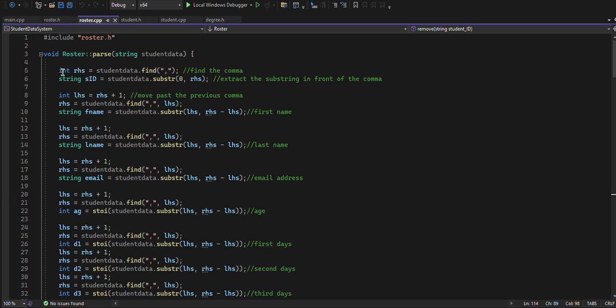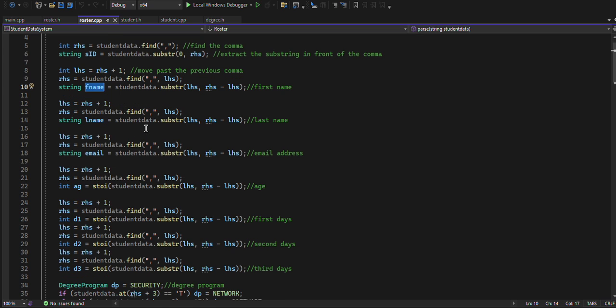So I just defined a right-hand side for the index of where the portion is before this first comma, and then left-hand side starting from the portion right after that comma is what's happening there. And so it's going through and then creating a new variable name here for use within this method, to be able to build this array,